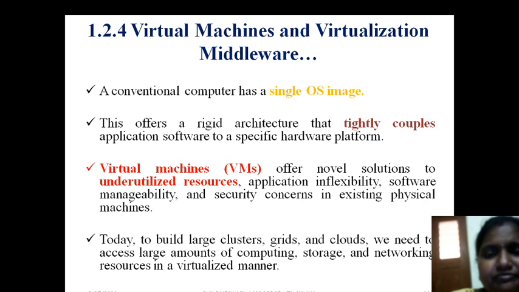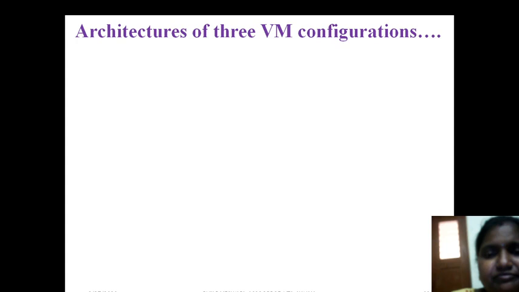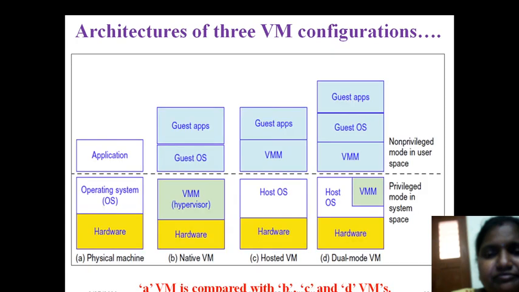Where can we use these virtual machines? For grids, clusters, cloud, storage, networking, everything we can use now. There is no doubt. See, we have four types of architecture as a virtual machine. This is a diagram. I will give you small information about this diagram, and tomorrow we will explain it clearly. If you observe this, I have four types of virtual machines. I repeat, my own OS is my host OS, the other OS is my guest OS. To whom do you want to give privilege, my host OS or the guest OS? It is up to you, depending upon your requirement.